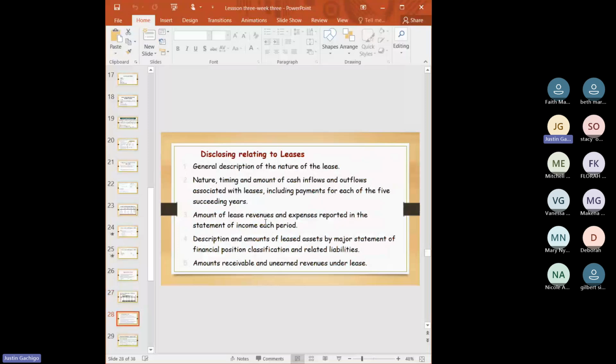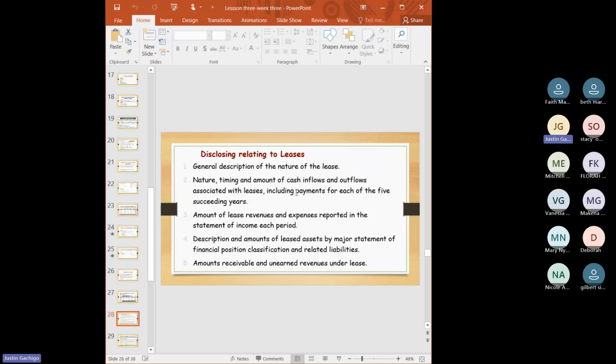So now let us look at the disclosure relating to the leases. What are you supposed to disclose when you are dealing with a lease? One, you are supposed to disclose a general description of the nature of the lease. So is it a finance lease? Is it an operating lease? Just a general description. Nature, timing, and the amount of cash inflows and outflows associated with the lease, including payment